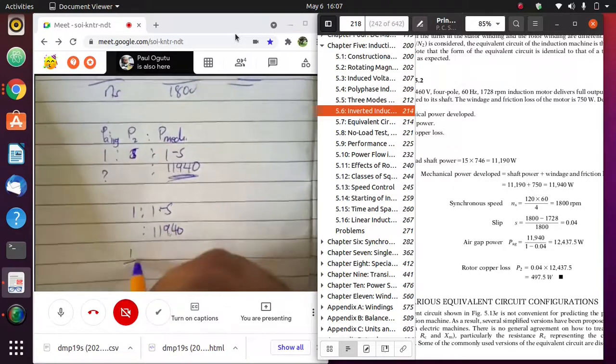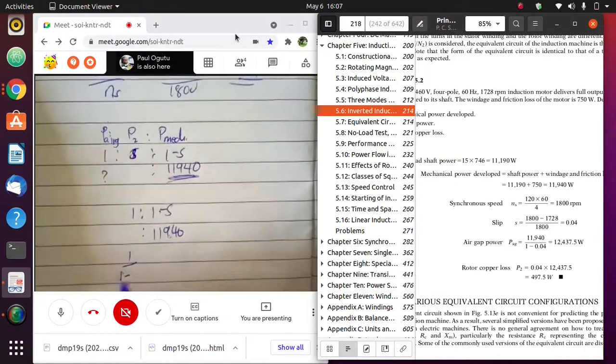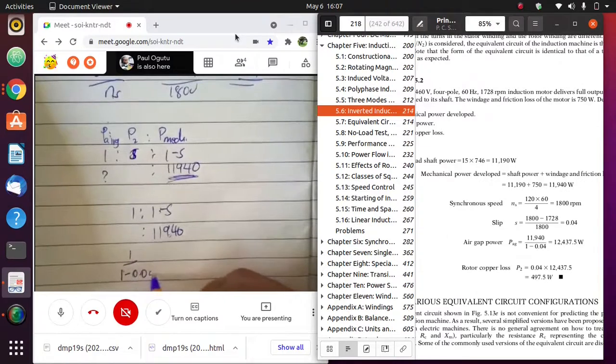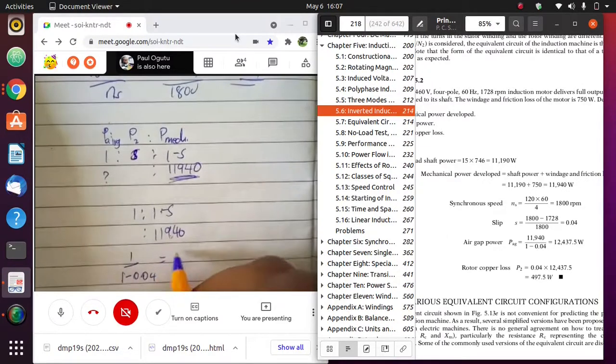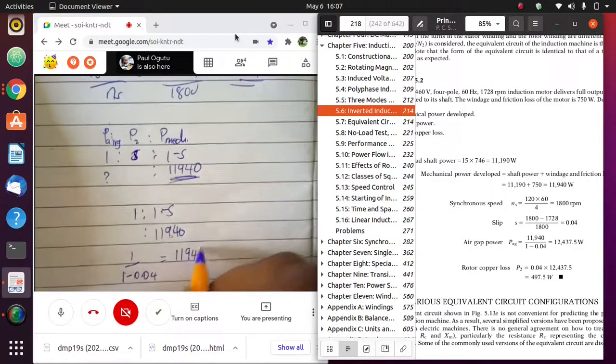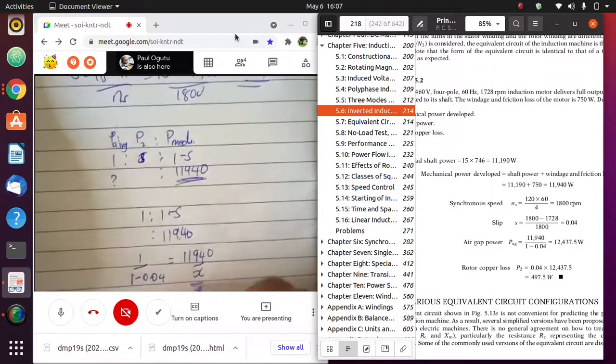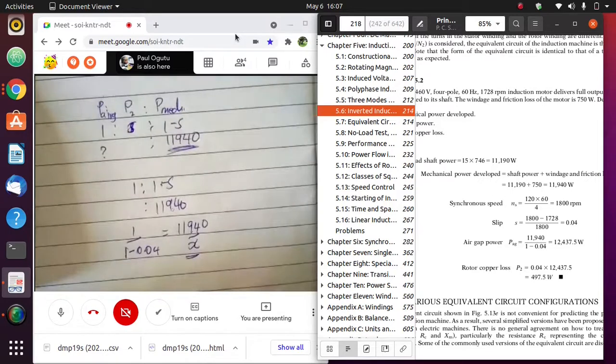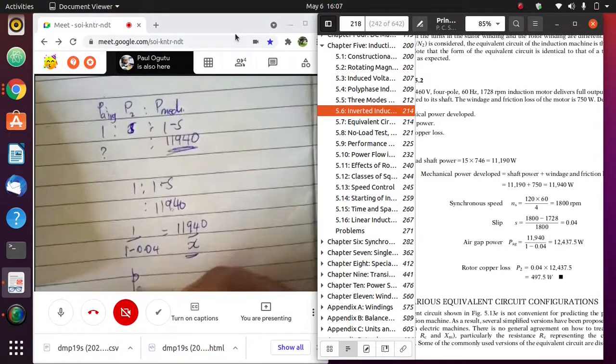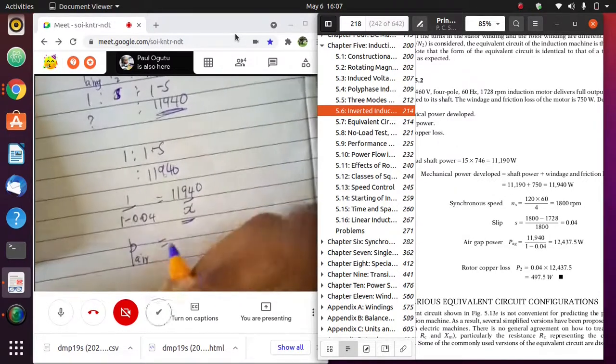So 1 divided by 1 minus S, and our S is 0.04, is equal to 11,940 divided by the value of the air gap power that you are looking for. So the air gap power will be given by, when you cross multiply this,